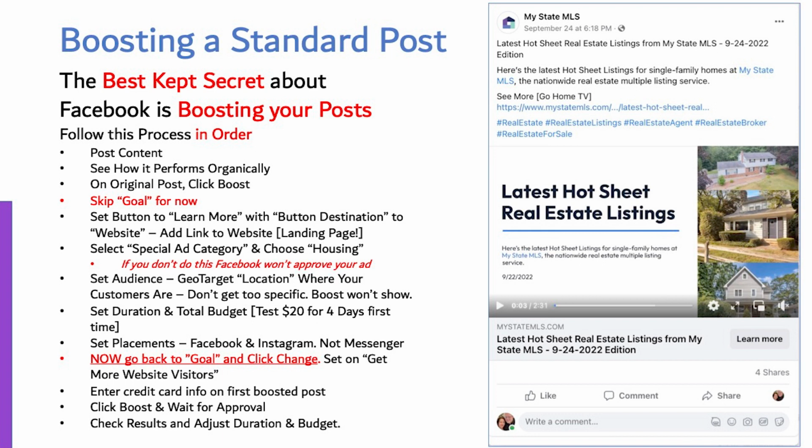So follow this process in order. You need to follow this order because if you don't, some of the Facebook features, I'll call them features, other people would call them bugs, will trip you up. So follow this order. Post the content on your business Facebook page. See how it performs organically. If that thing's taken off, it looks great, you're getting a lot of engagement, a lot of views, a bunch of shares, a lot of likes, then you'll want to go back to that